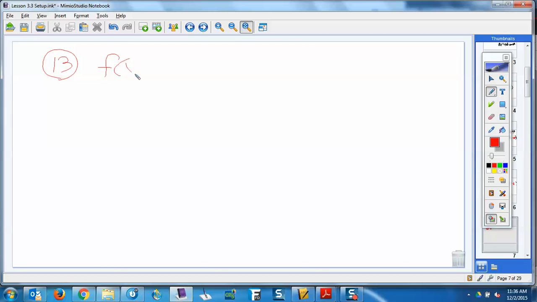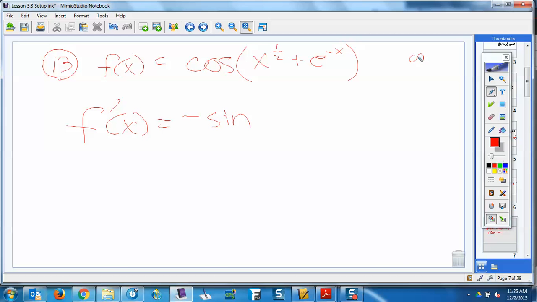f of x equals cosine of quantity x to the 1/2 plus... Okay? So, the derivative, the outer function is cosine, right? So the derivative of cosine is negative sine. So the rule for cosine of some stuff is negative sine of that stuff times the derivative of the inside. So negative sine, we leave the inside alone,